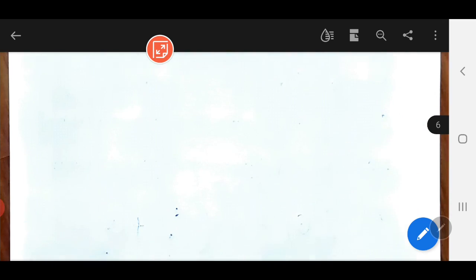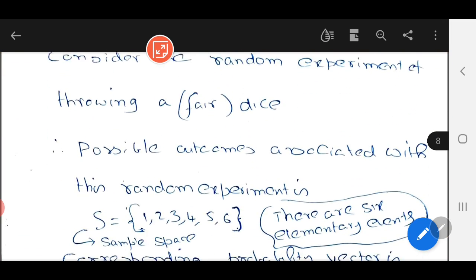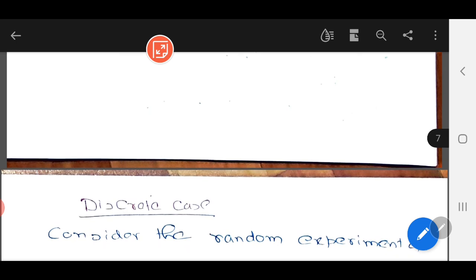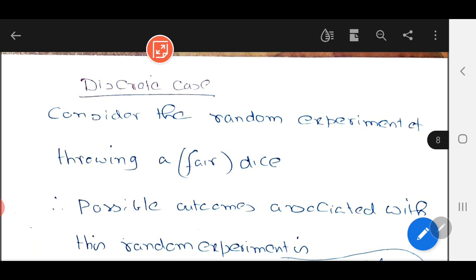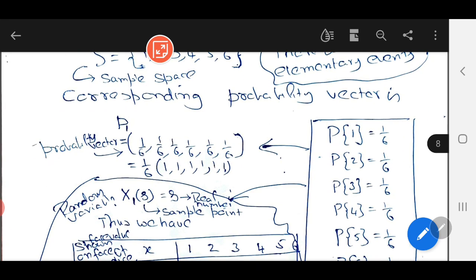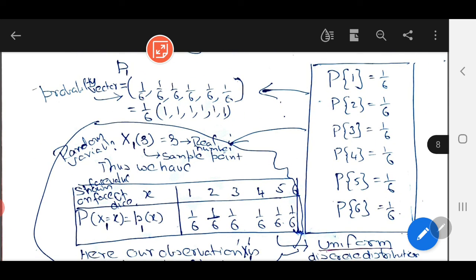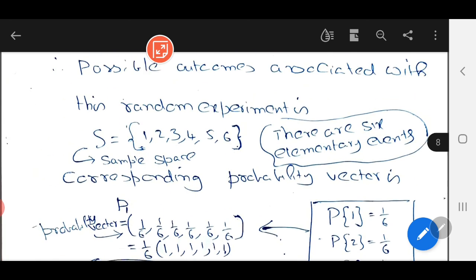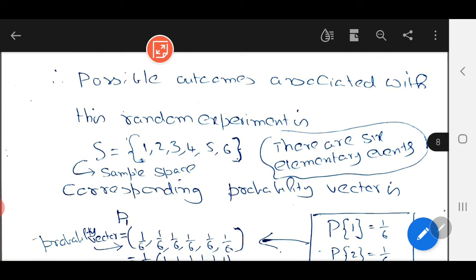Okay. So, right. Now quickly we proceed. I am going for the discrete case now. The famous example of tossing a fair dice. A fair dice means equal probability. So for all the faces labeled 1 to 6, we have equal probability, that is 1 by 6, 1 by 6, 1 by 6, for which the probability distribution is this. This is known as equally likely possibility for the outcomes here. The outcomes are the labeled faces 1, 2, 3, 4, 5, 6.